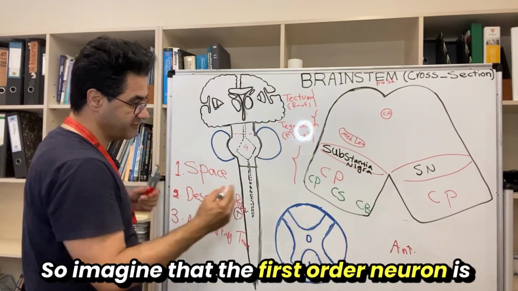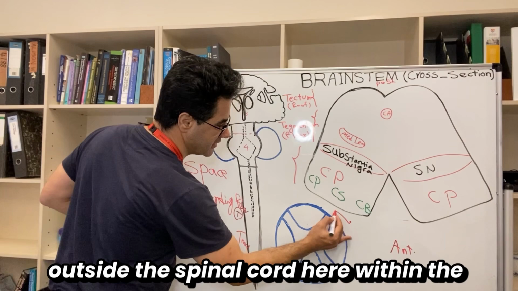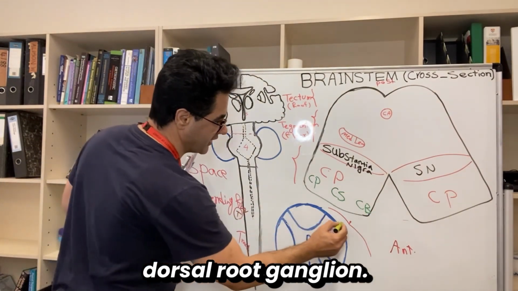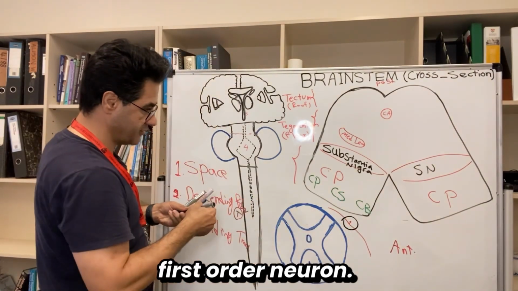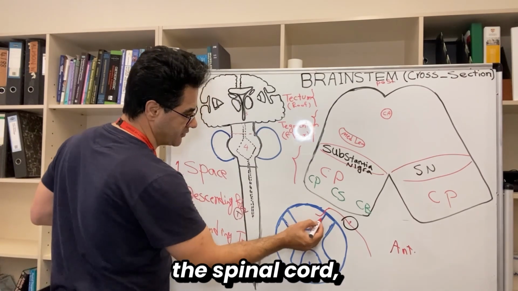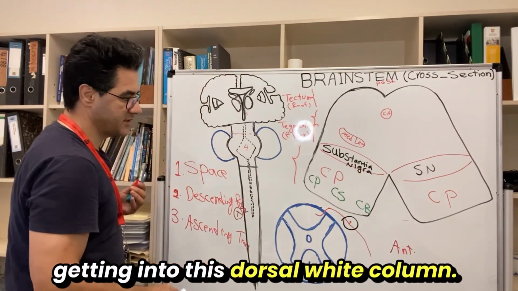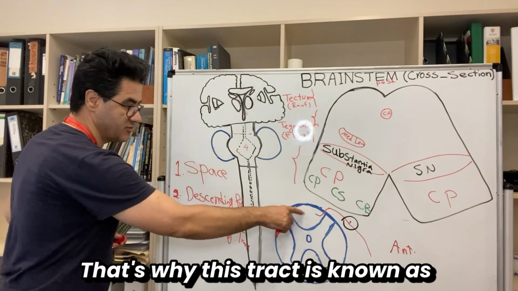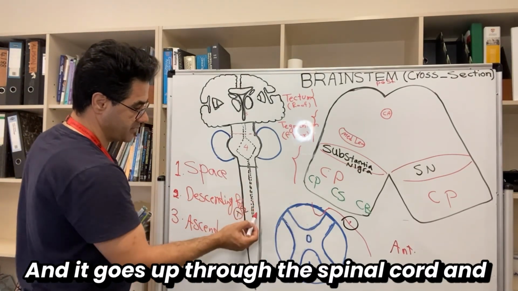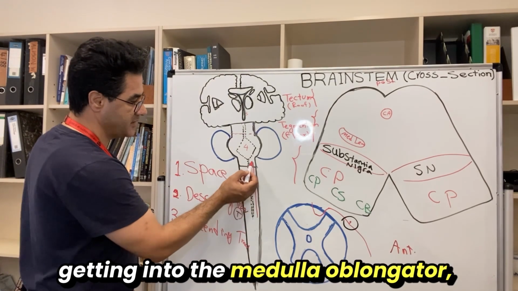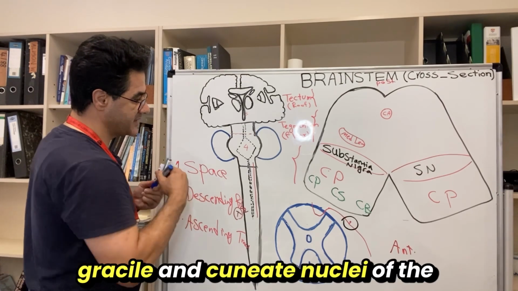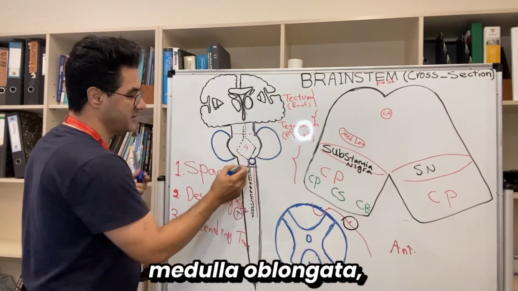Imagine that the first order neuron is outside the spinal cord. Here within the dorsal root ganglion, we have the cell body of the first order neuron, and then the first order neuron gets into the spinal cord, into this dorsal white column. That's why this tract is known as the dorsal column tract, and it goes up through the spinal cord and gets into the medulla oblongata, synapsing onto the gracile and cuneate nuclei of the medulla oblongata,